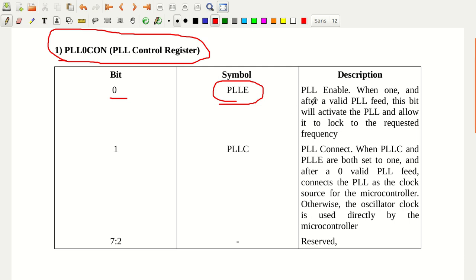Whenever this PLL enable is 1, it will activate the PLL, and whenever it is 0, it will deactivate the PLL.